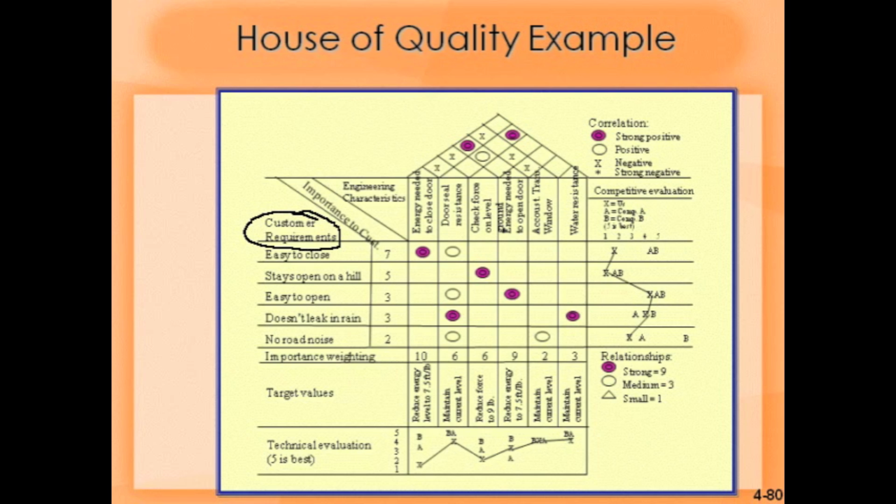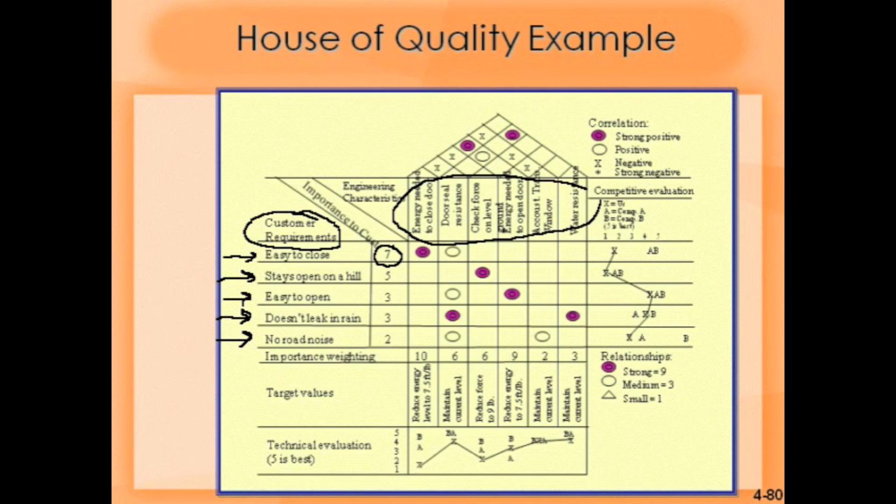So they may say it should be easy to close, and that is most important, 7 points out of 10. Stays open on a hill, easy to open, doesn't leak in rain, no road noise. So somebody is driving the vehicle, it should not make a lot of noise. So all such things are captured